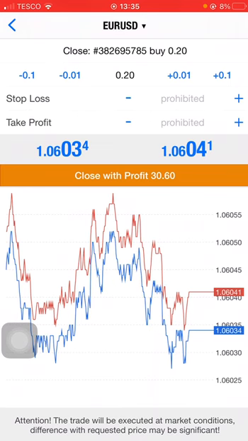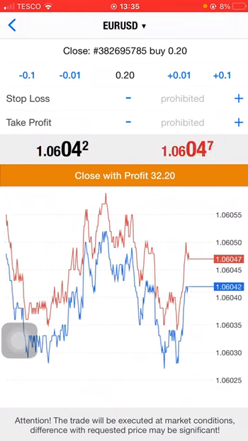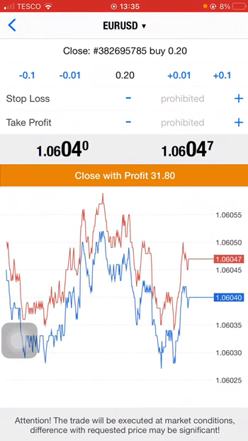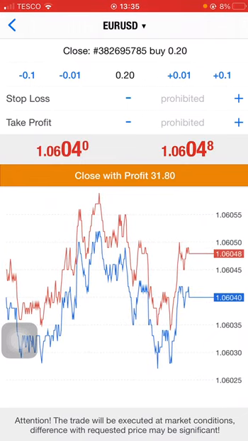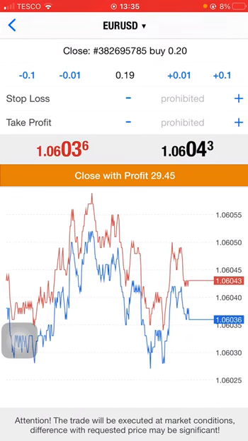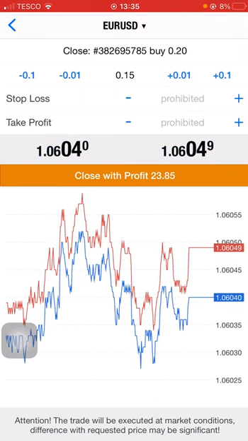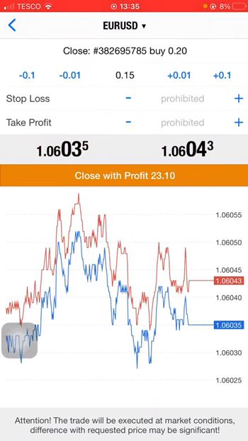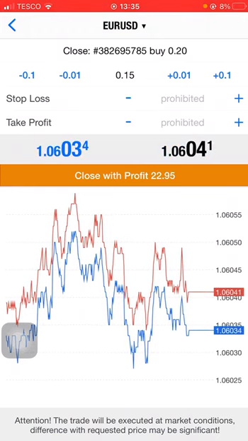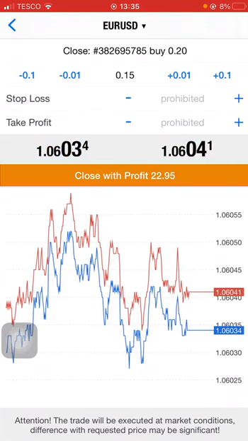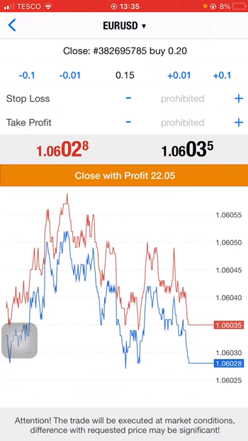So you see, as I begin to tap on minus 0.01, let's start with that, just watch what happens to the bigger number in the middle, which is 0.2. I'm tapping now on the minus 0.01. See what happens. Tap, you see it's reducing. I keep on tapping on it, it keeps reducing. Wherever I stop, it means this is what I want to close. If I close it now, using the button at the bottom which says close with profit, 22.95, it means that's the amount of profit you are taking out of your overall profit, and the lot size you are closing is the one there,